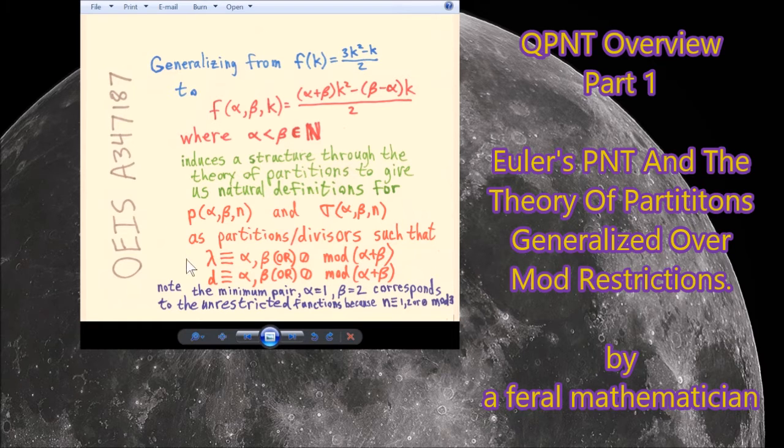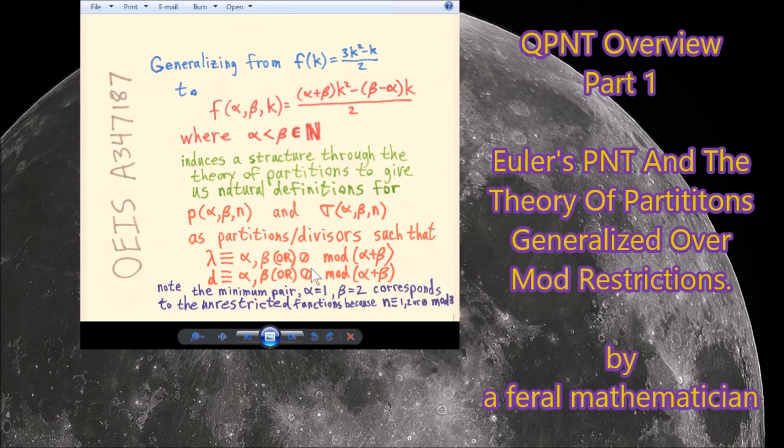So the partition function is counting, the sigma function is summing, and if alpha equals 1 and beta equals 2, this corresponds to the minimum pair and the base case, the unrestricted partitions function, because every n must be equivalent to either 1, 2, or 0 mod 3. So it includes them all, and it doesn't overcount any of them, I should say. To see a lot more about this, including some Mathematica code and all kinds of things, check out the Online Encyclopedia of Integer Sequences. OEIS entry number